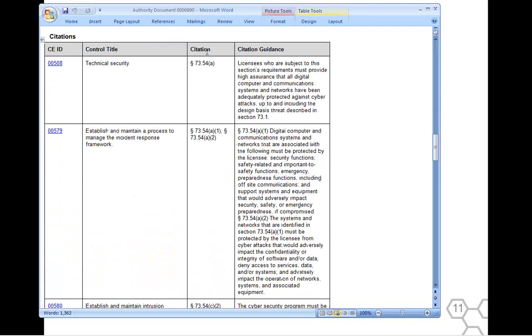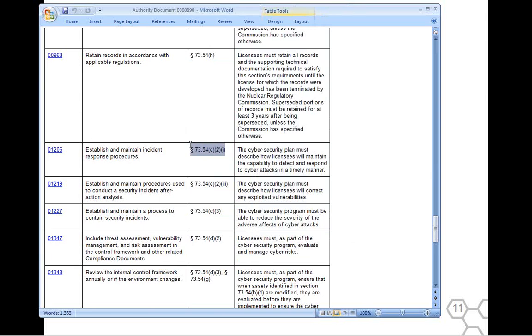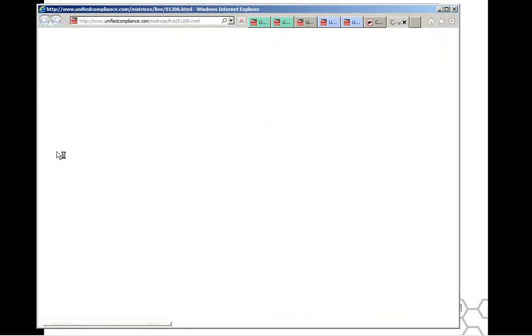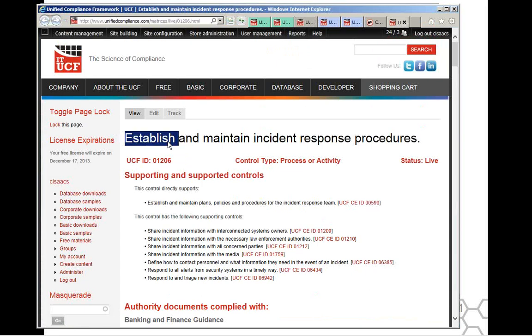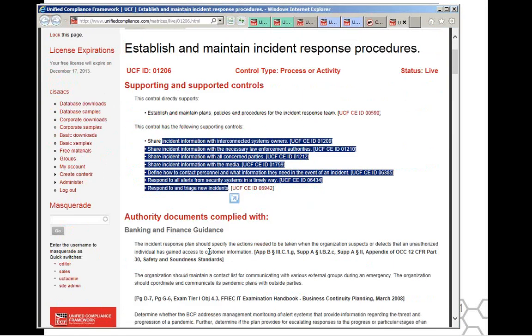So these 2 columns, the citation and citation guide, these are the actual mandates themselves, right? The link to where did this come from, and here's a summary of that text. It's like cliff notes. So here are the cliff notes for this section, and here's what we said that means. Okay, and now we're not using the exact same words, obviously. So, but this is a harmonized control title, and if, again, we click on here, we can look back from this control,